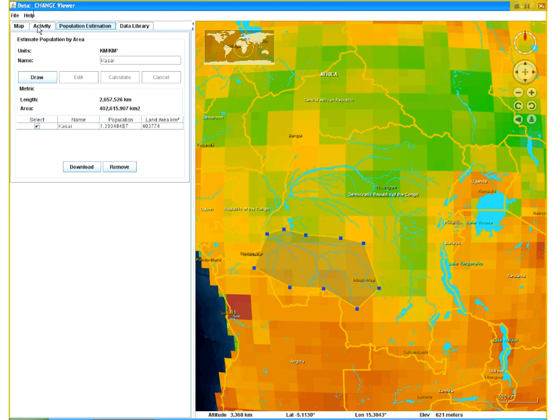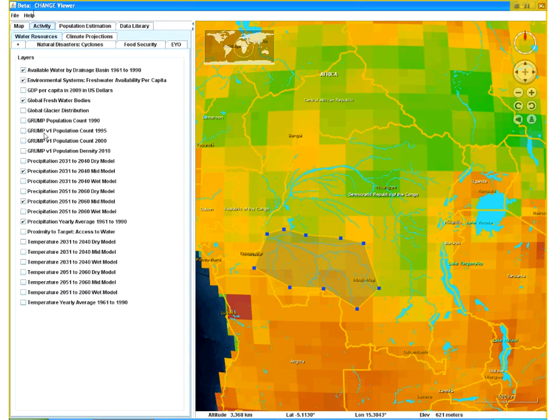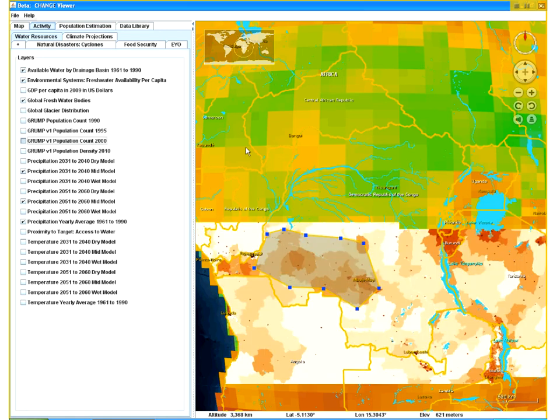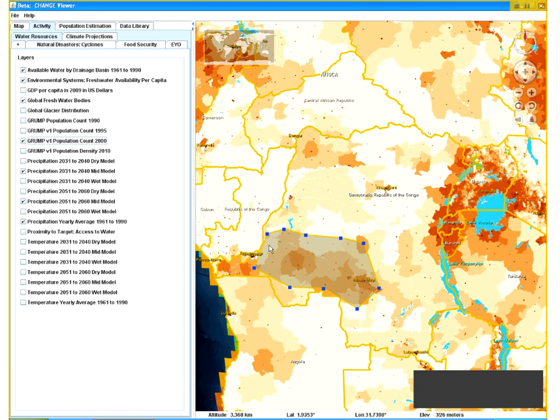And I'm actually going to pull up another data set here, because I want to take a look at the population count that's underlying this, just to give you an idea. So I now see how many people could be impacted by a decrease in precipitation in the Kasai River Basin. If I turn on this population count, I can see that, in looking at the DRC, the population is distributed within certain parts. It's not evenly distributed. And in that area of the DRC, there seem to be some larger concentrations of people